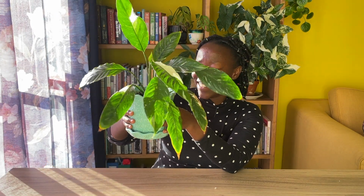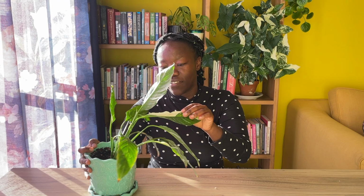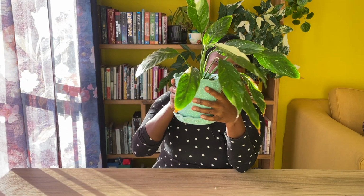I'm just trying to see what is the best angle. Okay, you know what? That's the best we can do. And I think because it's just silently growing in the background, I honestly have nothing to say. I just saw this leaf and I think it's absolutely gorgeous. All these little white